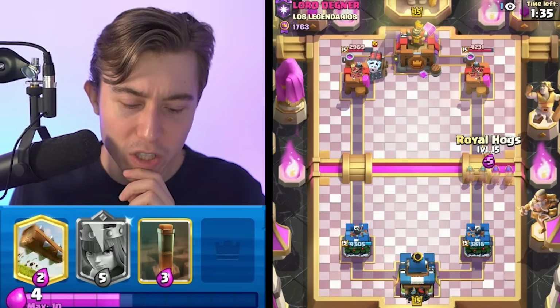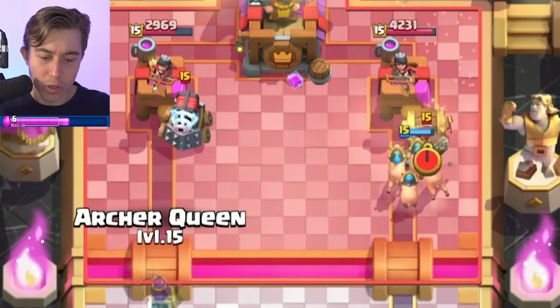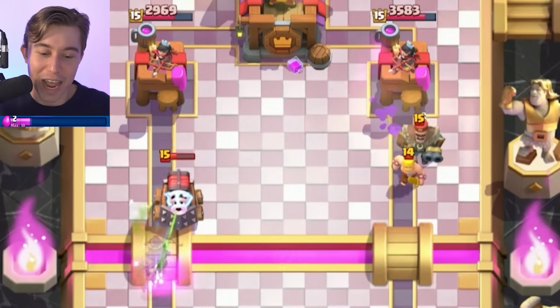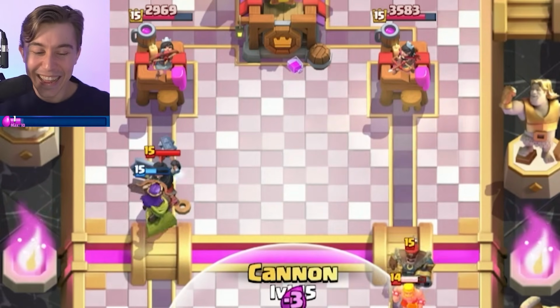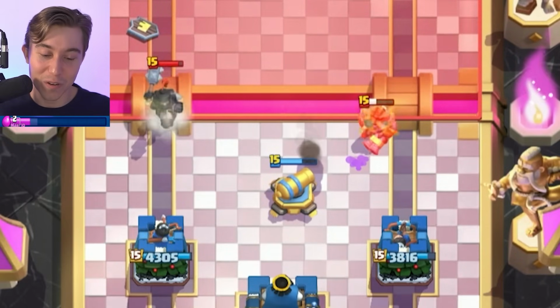Anyway, we're going to go for Royal Hogs on the right-hand side, and I can go for Archer Queen plus the ability and shatter the Sparky. So this is very fun to do if you can hit the ability down fast enough, and you just kill the Sparky before they're able to go in for a Goblin Giant or a tank for it. And then you're like, yo, where's your tank now? What are you doing now, bro? How's it going? It's incredibly troll to do this because, you know, sometimes they'll have enough elixir for things, but